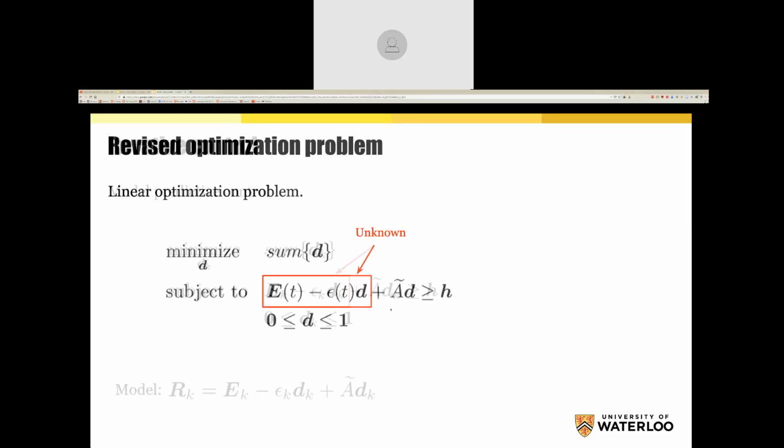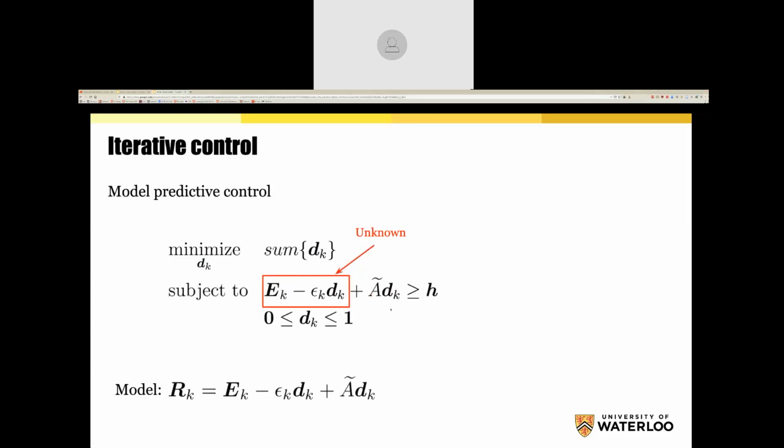So what we're going to do is go into an iterative control problem. Outside the optimization problem, we put in a control problem, and we use model predictive control. I'll explain what that is at a high level here, and the details are in a paper which I can send you. But the basic idea is that K represents the kth iteration of the controller,